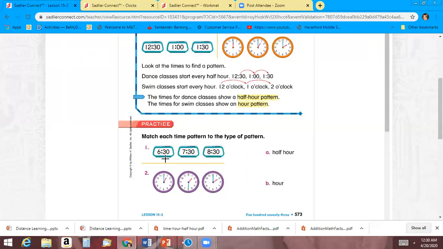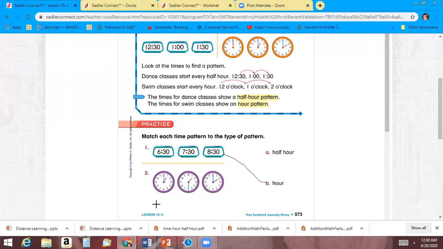So 6:30, 7:30, and 8:30, showing me that this is an hour pattern because my minute hand stayed on the 6 and my hour hand kept moving to show the 1 hour pattern. So go ahead and draw a line from number 1 to letter B to show that this is a 1